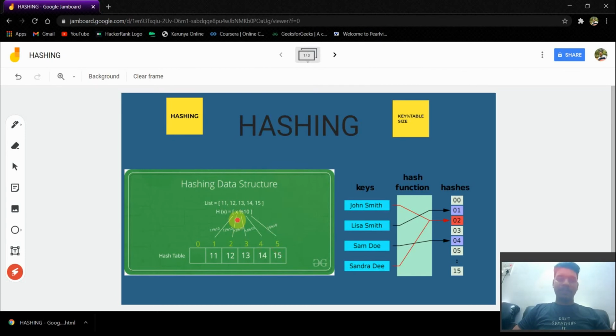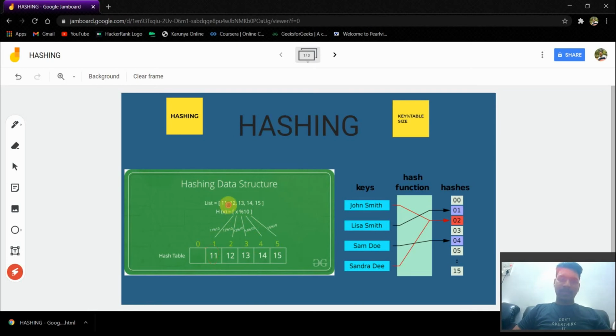Now 6 will be taken as the percentage, the modulus value. Here in this case the user has taken 10, so it's 10 here. Now the first element 11 will be in the x position, and x will be divided by 10. If we do a normal division, 11 divided by 10, we get a remainder of 1. So 11 is stored at index 1.